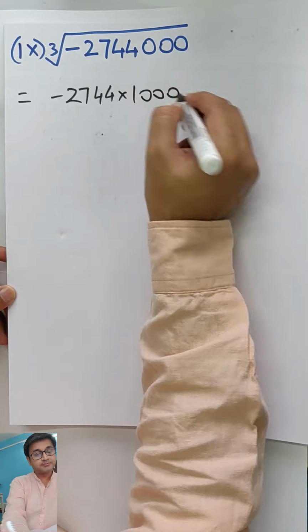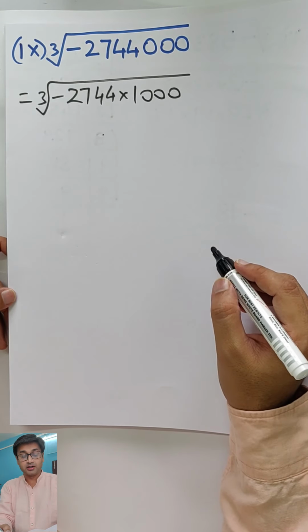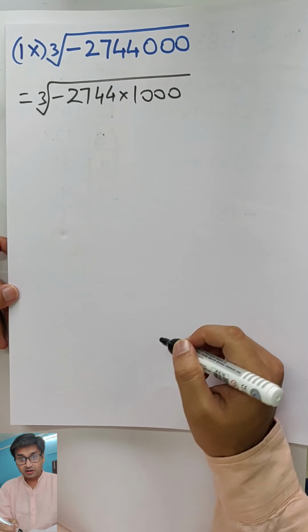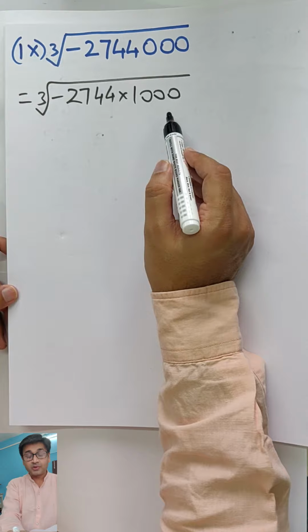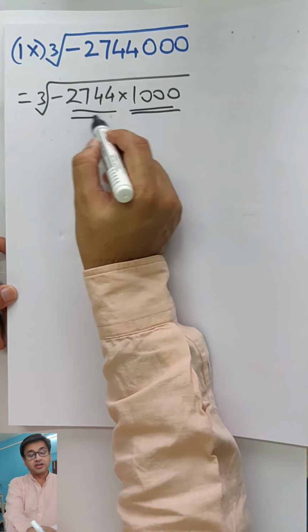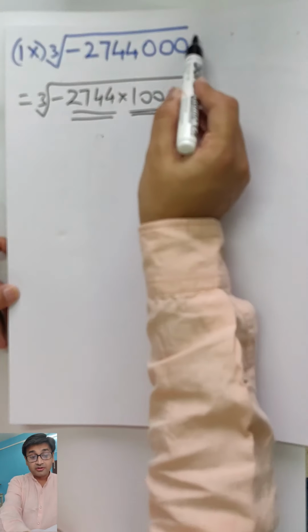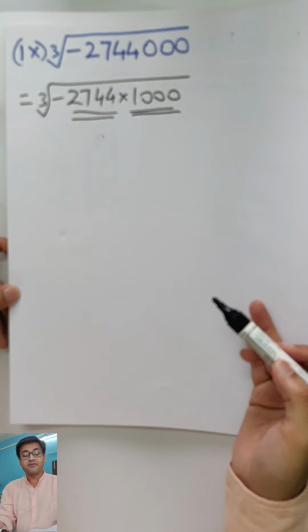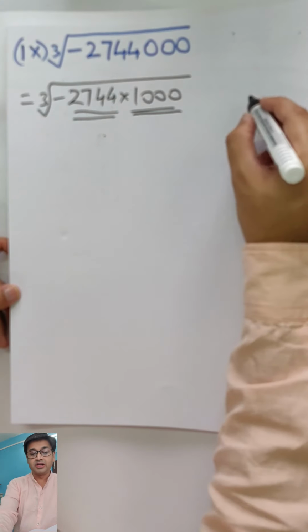If you were smart, now that you are back, if you are not back and you are copying, very bad. That means you are extra smart. Alright, if you are back and if you've done this way, you are smart. Now you know the cube root of 1000 is 10. Just take cube roots of this, prime factor this thing and get your answer. But if you're taking the entire thing and finding the prime factors, it's going to take a lot of time and you're going to waste a lot of time. So be a little smart.